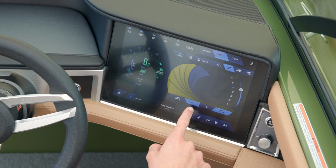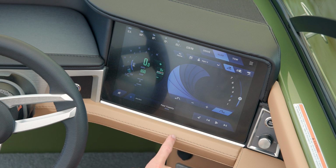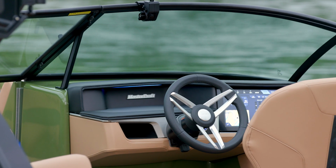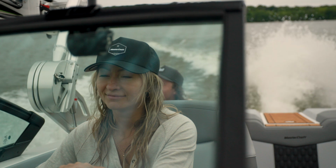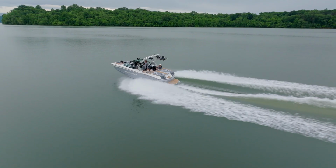The 2025 XT models also feature a standard 12-inch touchscreen in the new dash design, which combines sleek, modern aesthetics with practical enhancements like a convenient storage cubby and phone holder. This thoughtful design maximizes space and provides a larger viewing window for the captain, allowing you to stay fully engaged